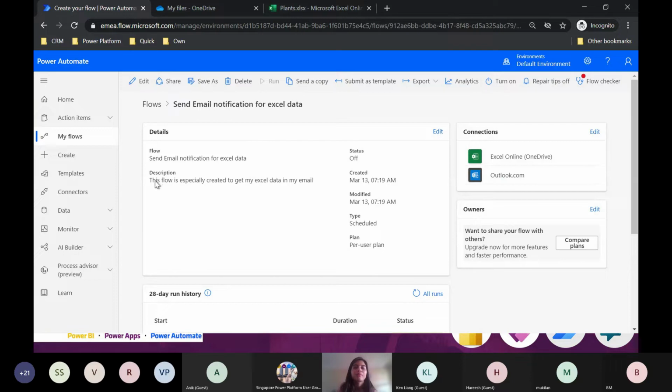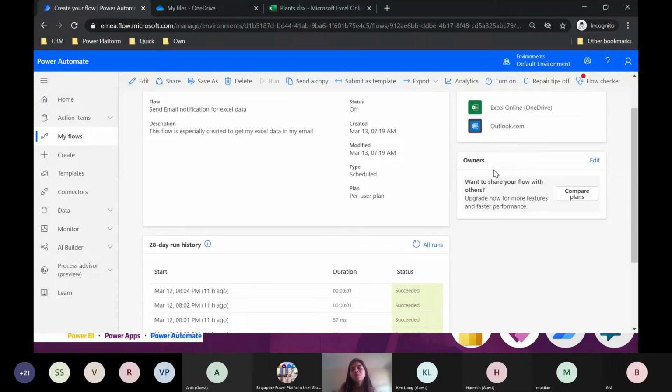Please note that the description has been updated and the flow create modified time would come over here. It is a schedule type of flow, so I can see the type over here. On the connection side, this will list down all my connections that I've used in the flow. So let's say I've got like 5 different connectors, be it an Excel, Outlook, OneDrive, RSS, Power Apps. So all the 4 or 5 connections would list over here.